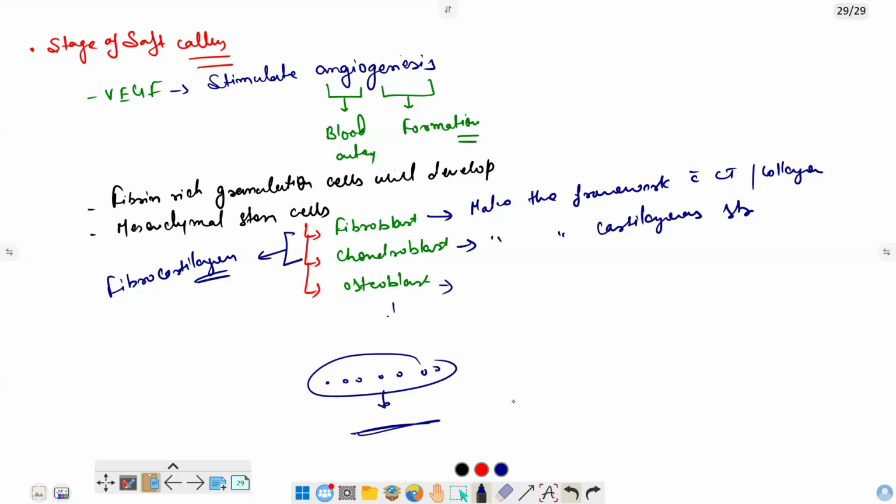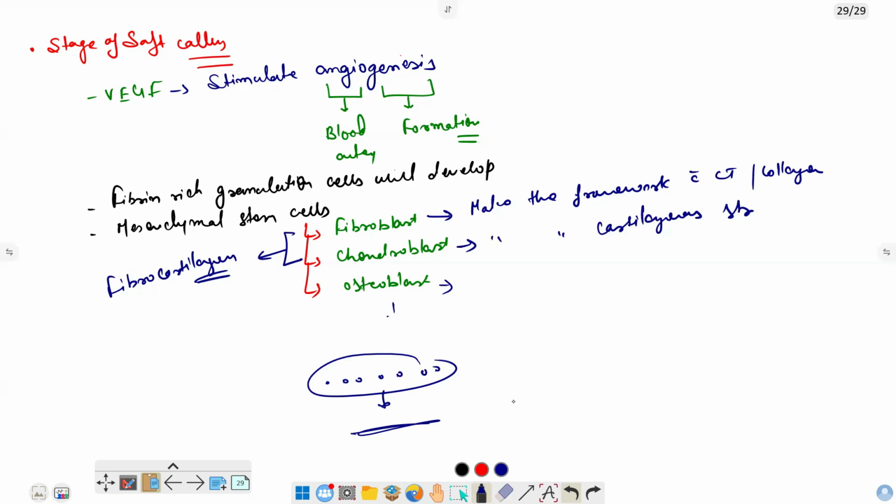So initial action will be only of the fibroblast and the chondroblast cell. The fibroblast will make the collagen, the chondroblast will make the cartilage, and both will just maintain the framework. After that, the osteoblast cell will come, and it will start to form the extracellular matrix that will mineralize to create a very hard bone. Okay, so that's the three different cells, and these three different cells will start the formation in the soft callus